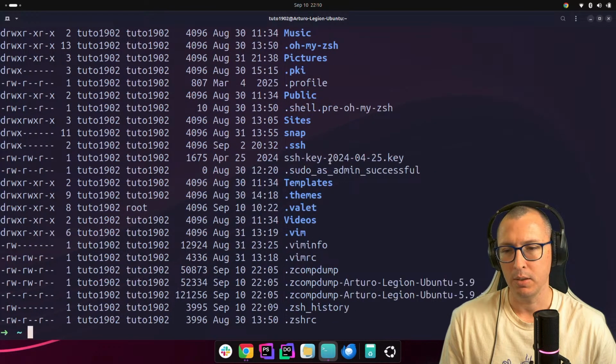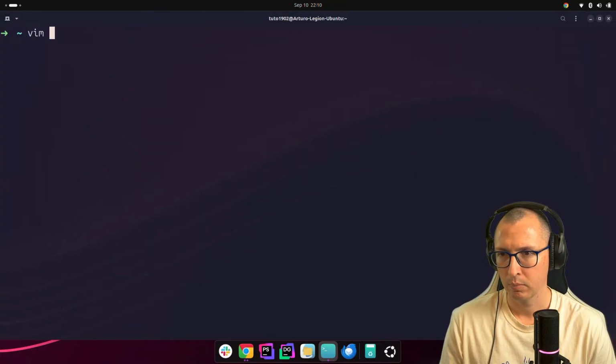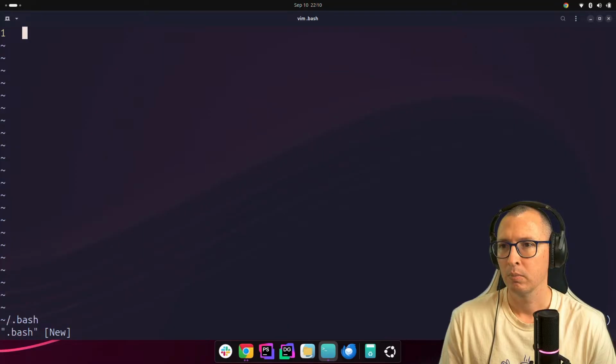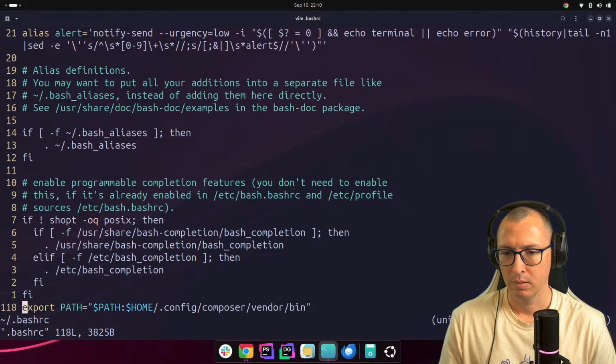Bash RC. There is the path that I needed. I need this value here.